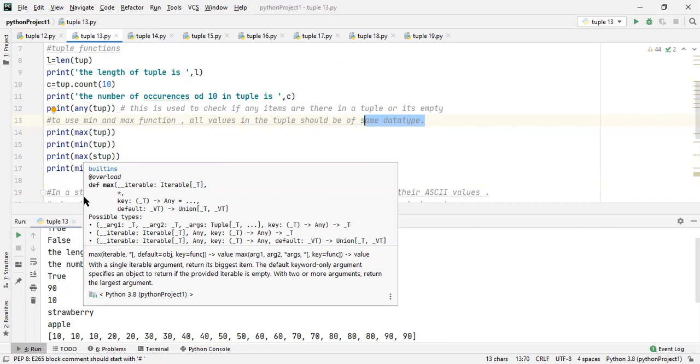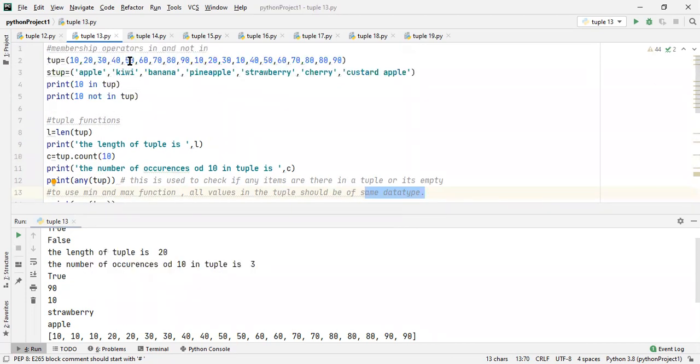But remember, very important, all the values in the tuple must be of the same data type. You cannot have a mixed tuple where there is an integer and string and then use max and minimum. To use maximum and minimum, either you have all strings, you have all floats, or you have all integers.